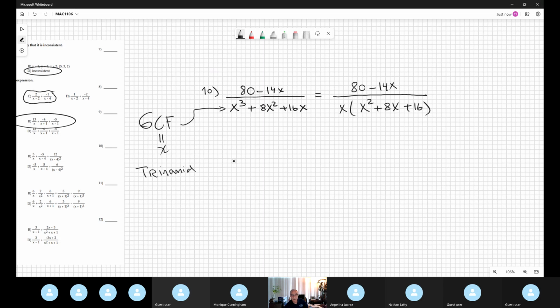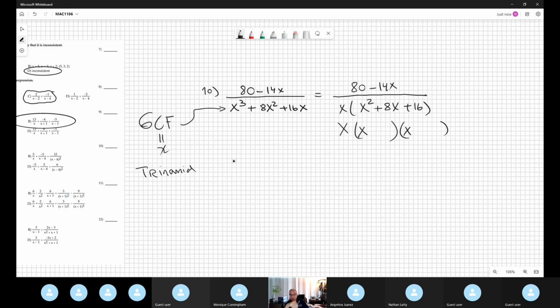Let's do our best with the factorization. Normally, the trinomial you factor into binomials, no? Which is x, and you try to find the combination that opens the door. Okay, in this case, I believe it is 4, because 4 times 4 is 16, and also 4 plus 4